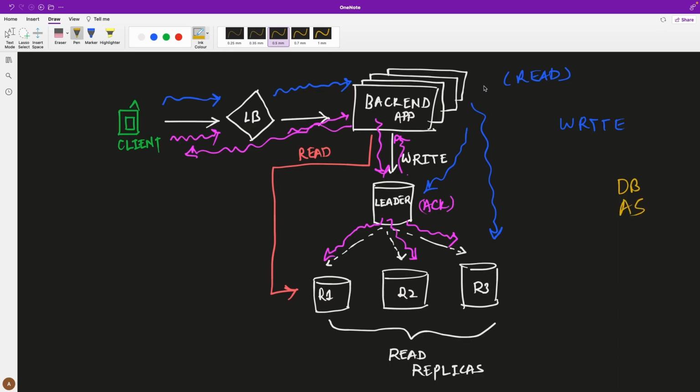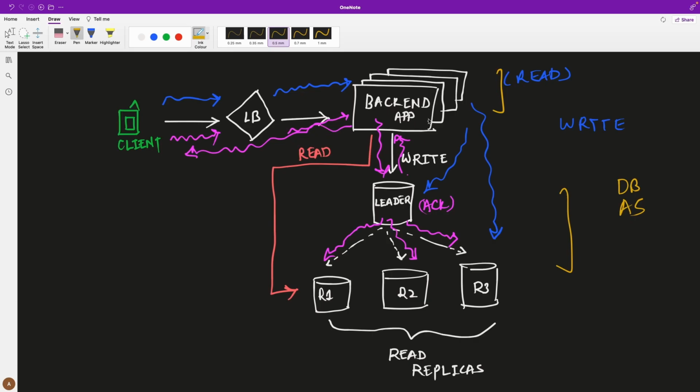So what happens is now you have multiple applications and a single leader. Let's say after some time, down the year, your system again became more and more popular, and more people are using your backend application to access the features.